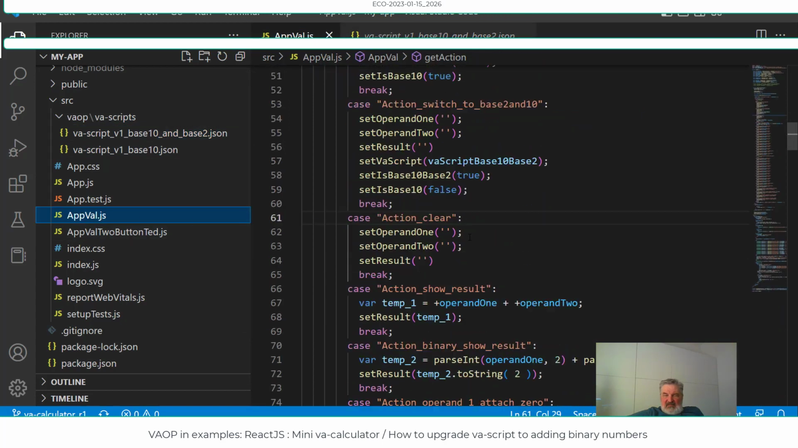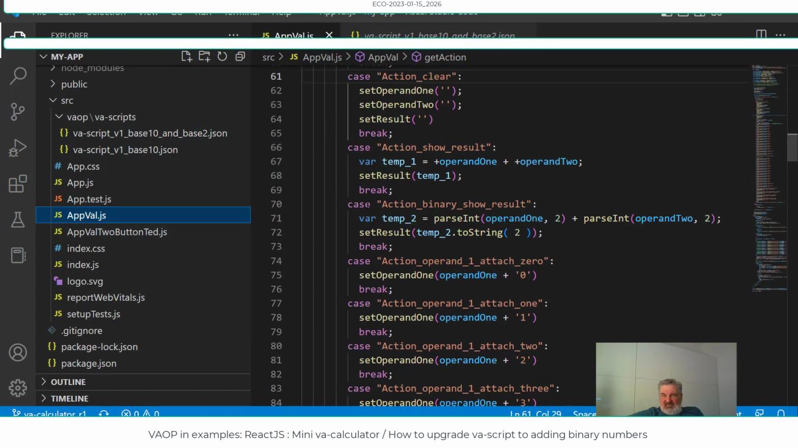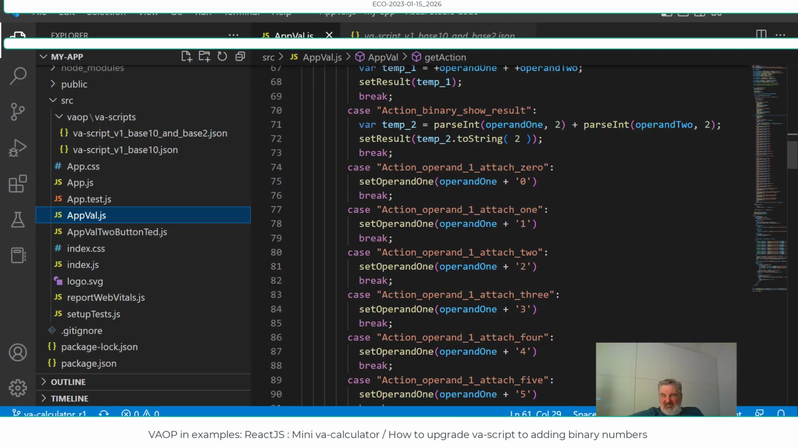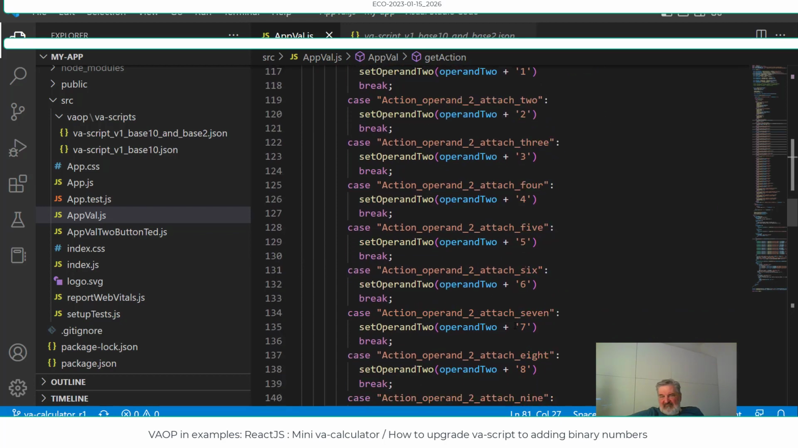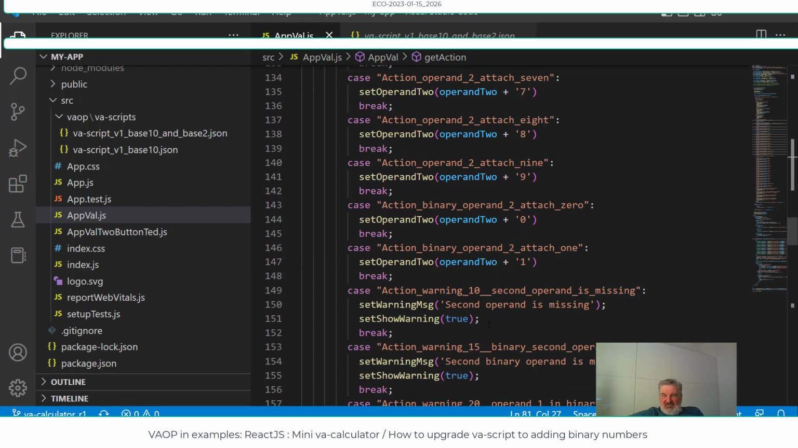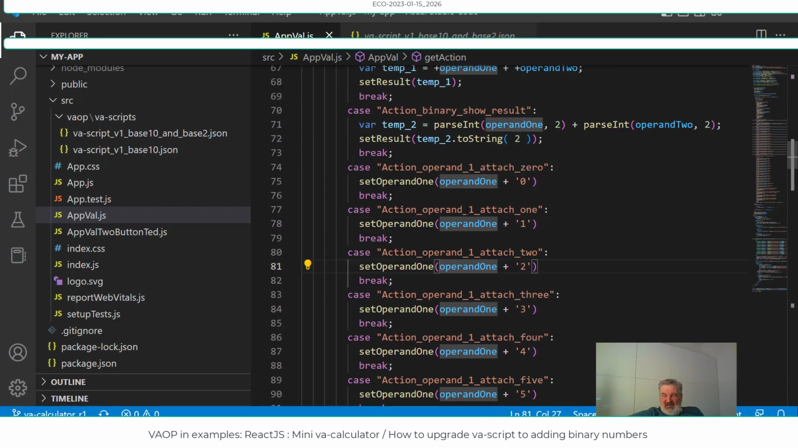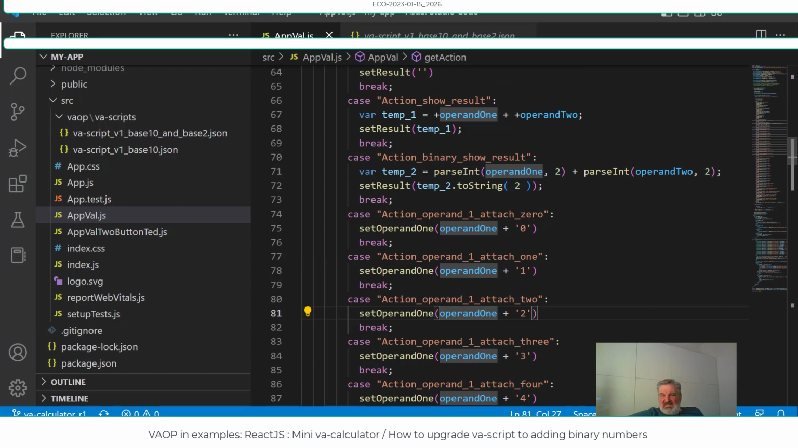And another action is very simple. For example, operand 1 means we attach 1, operand 1, attach 1. Set. It's easy to understand what's going on here. And binary show result is a little bit different than decimal show result. Decimal show result is very easy. Convert to the integer, to the number from string,